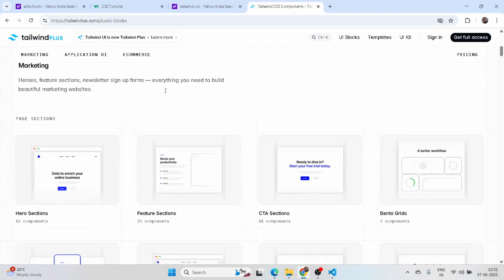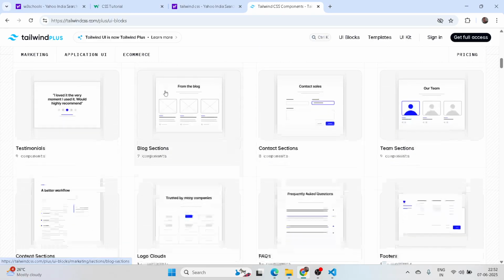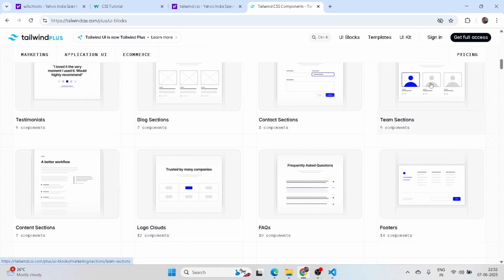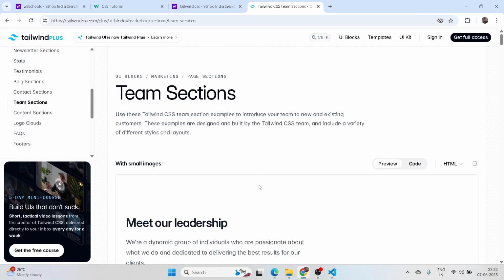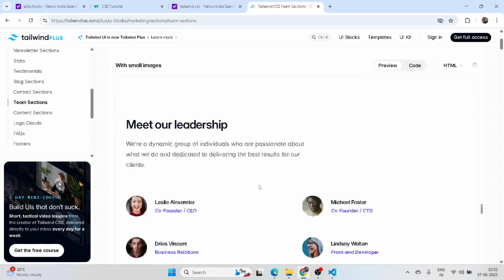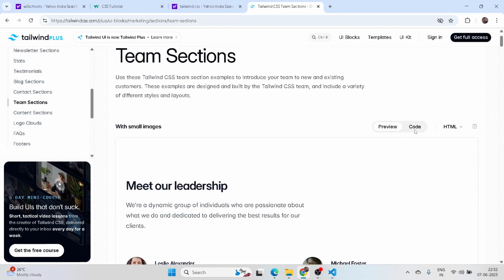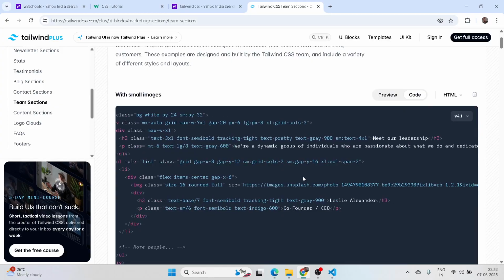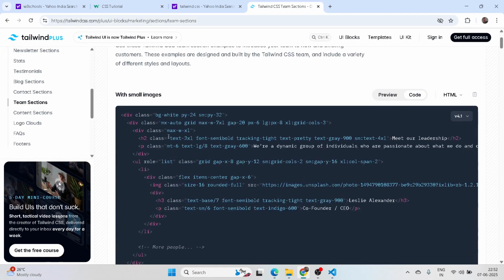If we see the components here, you can see a lot of components. You can click on a component, like team collection, and you can see the code of the Tailwind. It's very simple. And one more advantage of using Tailwind: